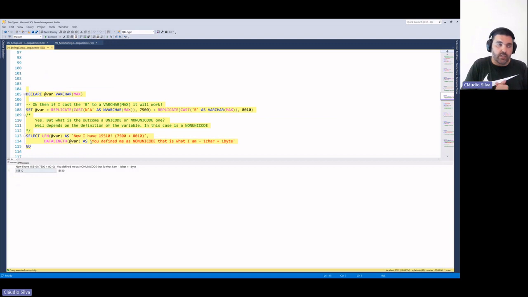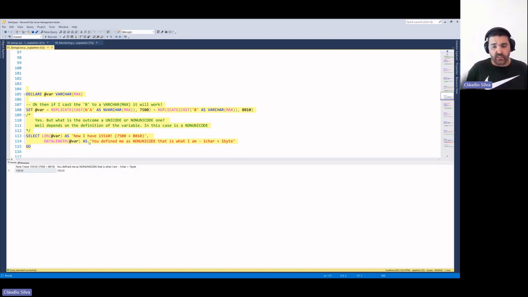So the real story I had with this: a client that was doing some concatenation between some text and some table column, and all of a sudden something broke and stopped working. And they said, well, we didn't change the process, and that is okay. The problem is that the data on that table is dynamic and the column can be bigger or smaller, so they reached this kind of fence between having a varchar max or not max and having a Unicode and non-Unicode.